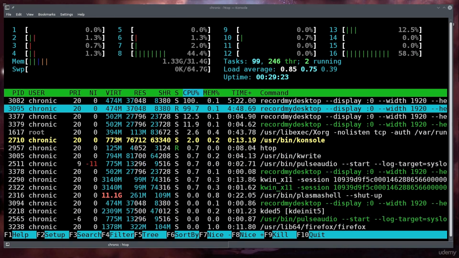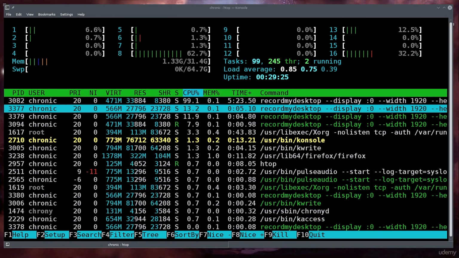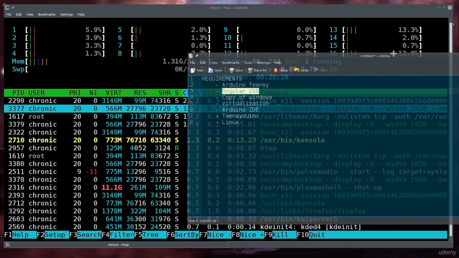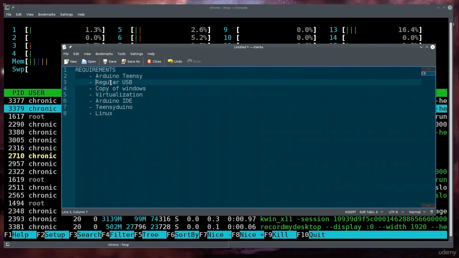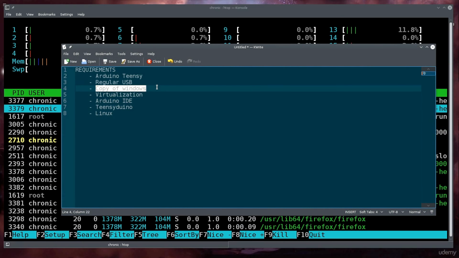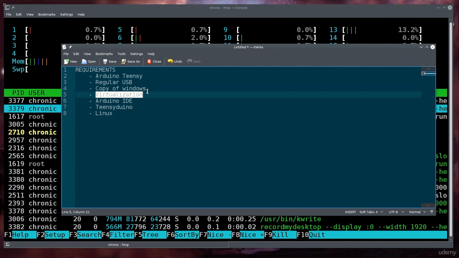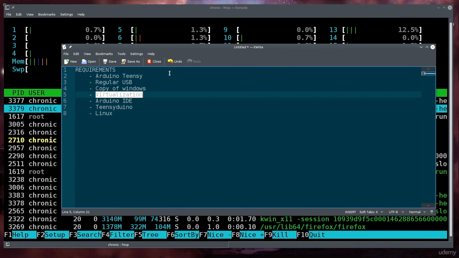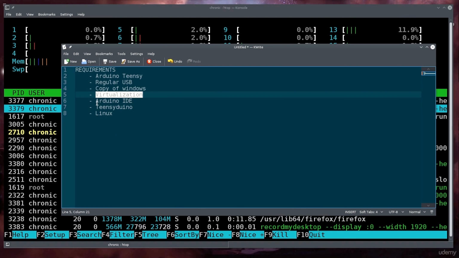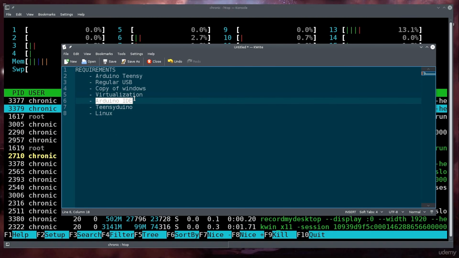You will require, let me just go ahead and bring up my notes here. So, you will require a regular USB, a copy of Windows. You will need to have virtualization set up. I will show you how to set up virtualization one more time, really fast, even though I did mention it before in the course. You will require the Arduino